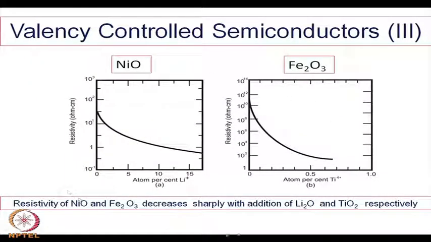And these are the conductivity curves or resistivity curves here as a function of lithium content for NiO and as a function of Ti content for Fe2O3, and there is a sharp fall in resistivity when you add more and more lithium ions or titanium ions to Fe2O3. So, in both of them you can control the resistivity or increase the conductivity by this kind of valency control mechanism